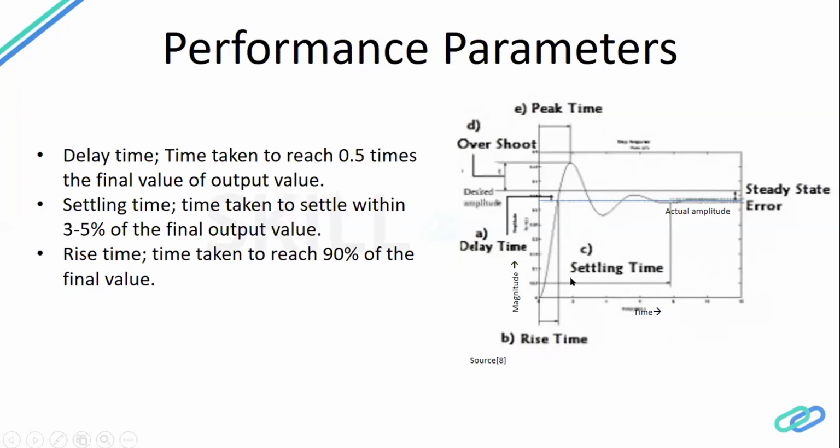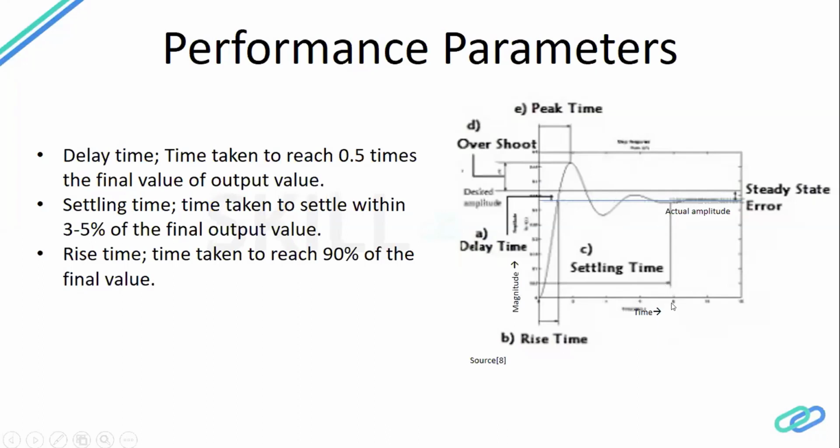And then this settling time is one of the most important factors, I would say, especially when I have been designing controllers. Most of the time you want your system to become stable and reach that value within some desired time. So settling time is the time taken by your system to reach the bandwidth or the threshold of your final value. It can be 0.5, or it can be 3% to 5% of your final value where you reach, and that is considered as settling time. So you can see there are oscillations, but it's settling somewhere here.